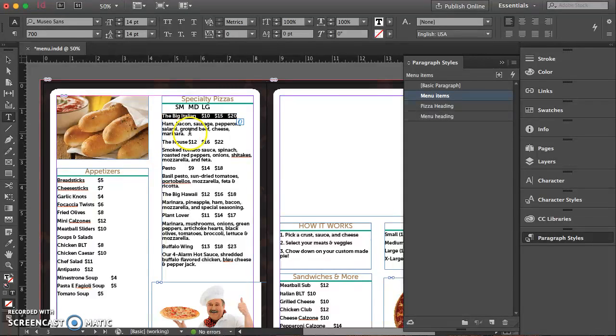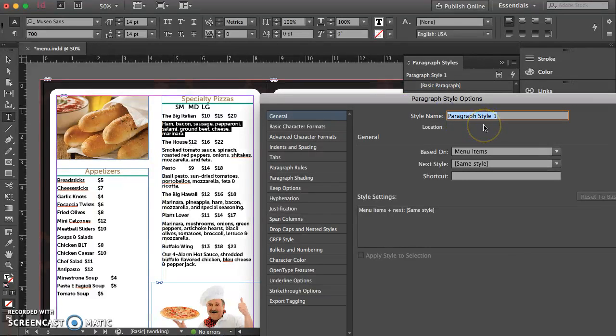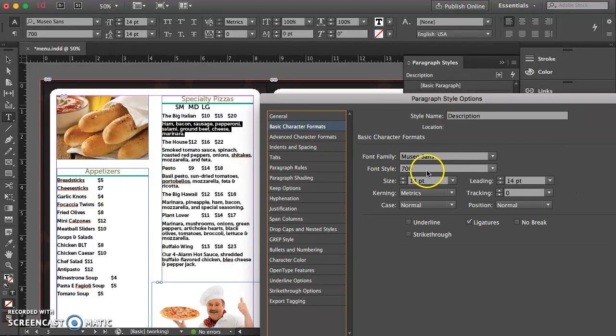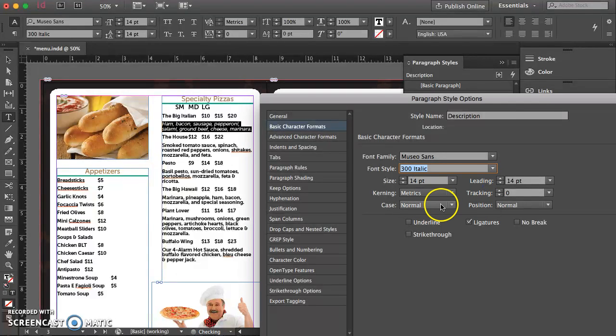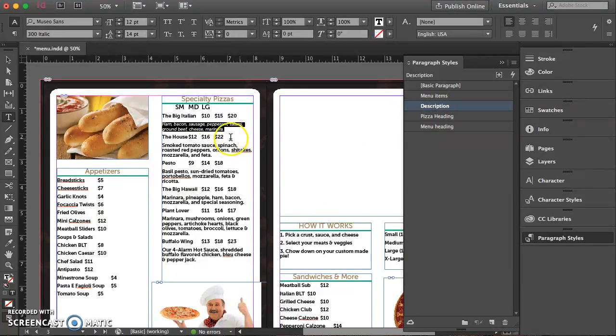Actually, what I want to do is change our descriptions. So we're going to create a new element. Again, click on this, and we're going to call it just description. Basic character formats. Let's go ahead and change it to italic. That looks good. Maybe I'll drop it down to 12 point, a little bit smaller. And so description will now apply to